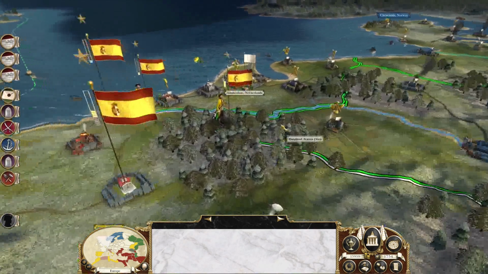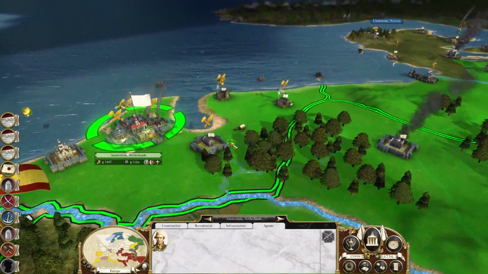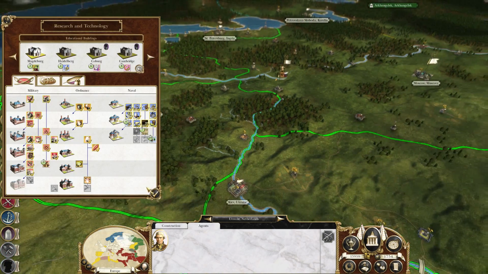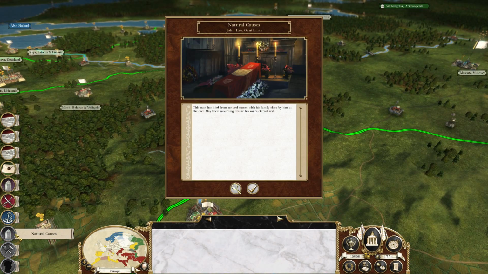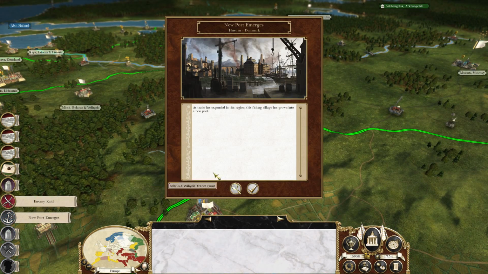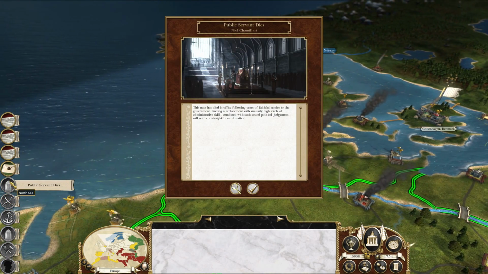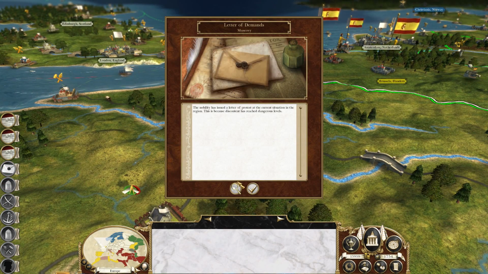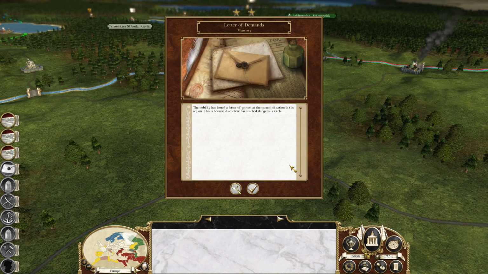An agent has been recruited. Let's take a look. A new town emerges. That's good. Natural death. New port emerges. Enemy raid. Public servant dies. Letter of demands. The nobility has issued a letter of protest at the current situation in the region. This is because this